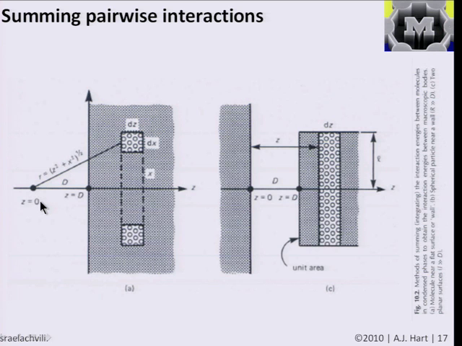And then, we don't often have just one atom hanging out here. What we typically have is two bodies or two surfaces. So we can just repeat the integration. Once we know the interaction energy between the atom and the total surface or body, we can sum up all the atoms in the body